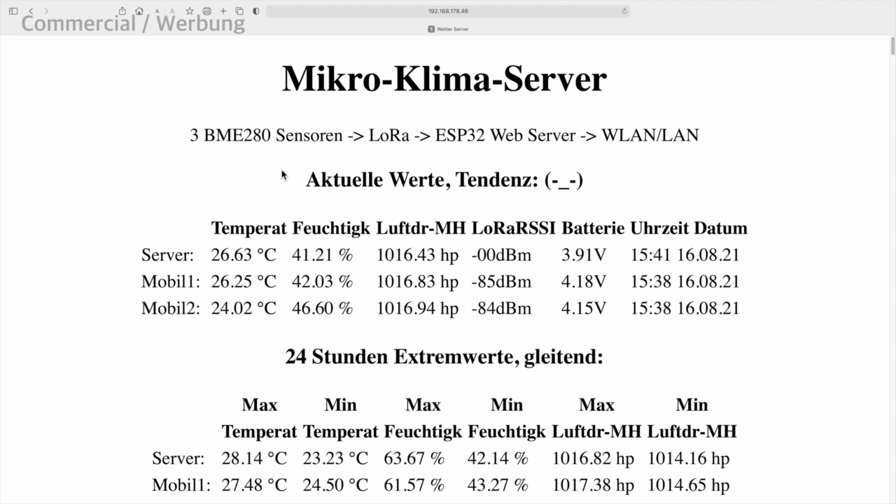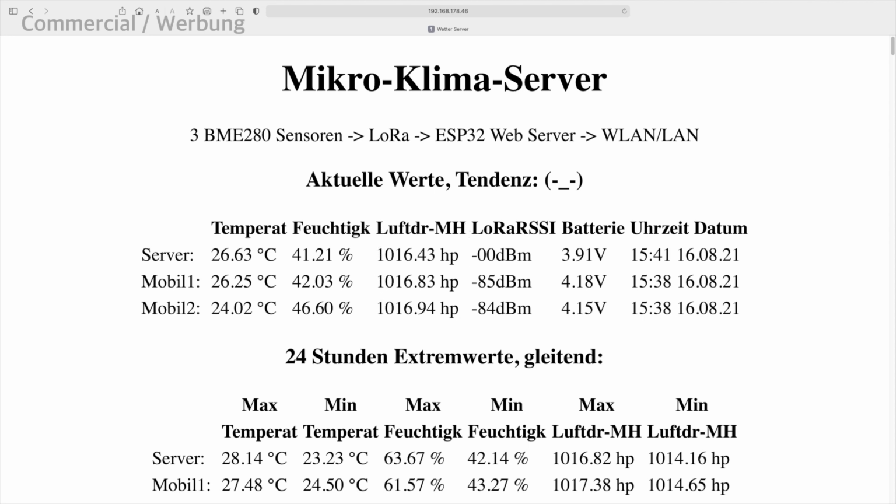In the section, we get the current values from our sensors. From the sensor in the server case, we get a new value whenever we update the page. The LoRa sensors are sending updates every 3 minutes only. The internal memory and the OLED display of the server is updated every 5 minutes. We get the temperatures here. The next column is the humidity, and the next one is the air pressure.